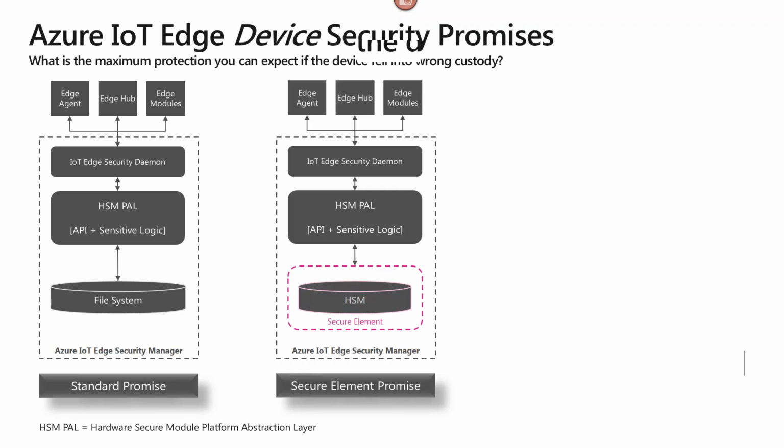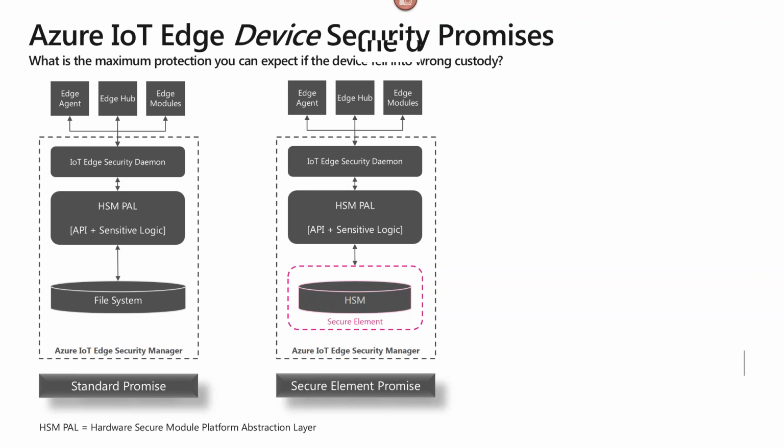More modern devices, like the devices we work with Moxa together on, are devices that do start to support various levels of security. The middle level here is what we call the secure element promise. Think of these as devices that have some sort of TPM, HSM, can store secrets. This is a great level of security. This is a good bar to strive for today.